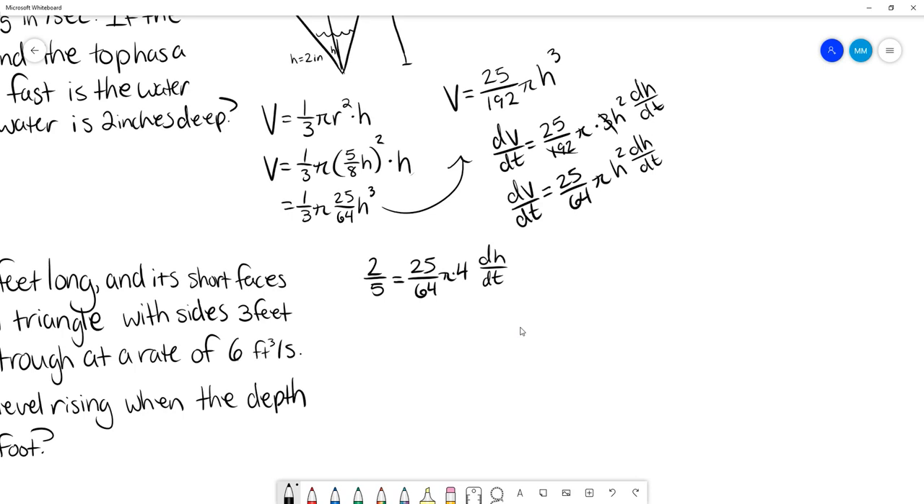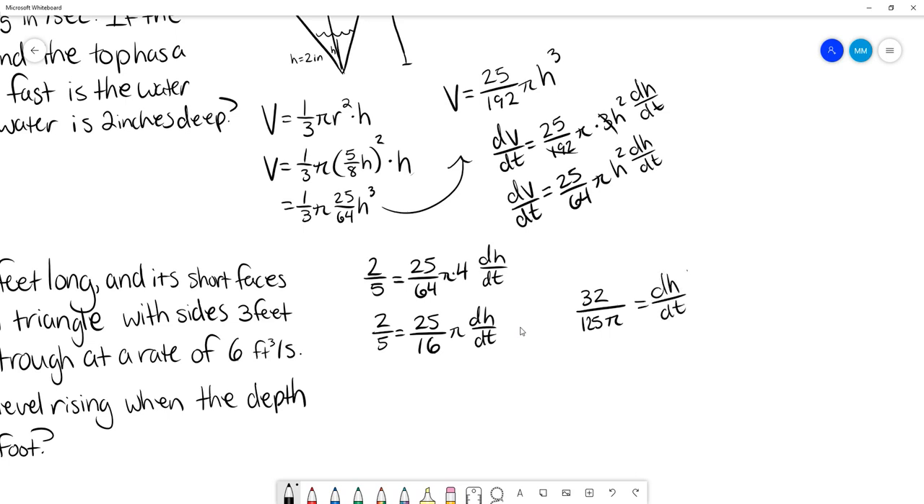Well, if I do that, that's going to be my 4 times this. I know that's going to turn into 2/5 equals 25 over 16, I think that should be, pi dh dt, and then I just divide both sides by that. So I'm going to get 2 times 16 is 32 over 25 times 5 is 125, and then pi equals